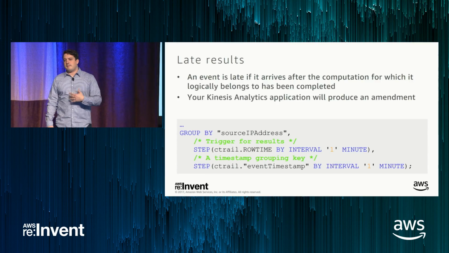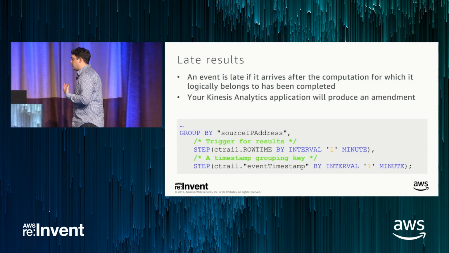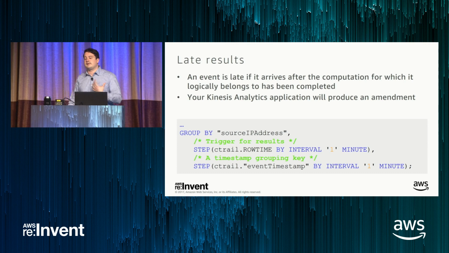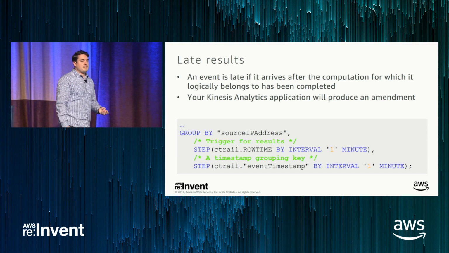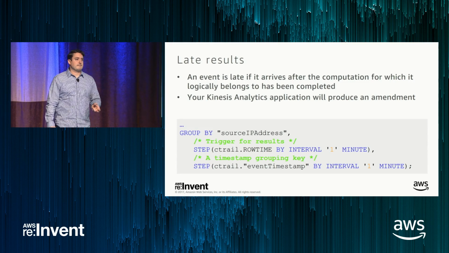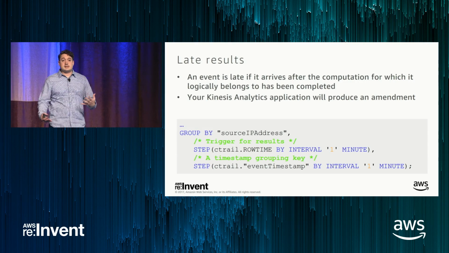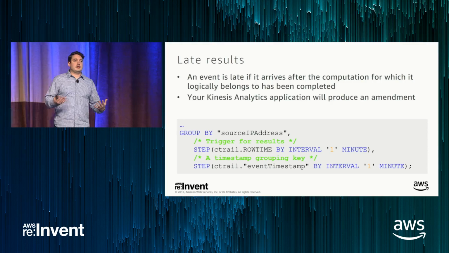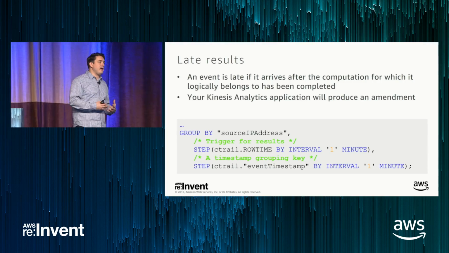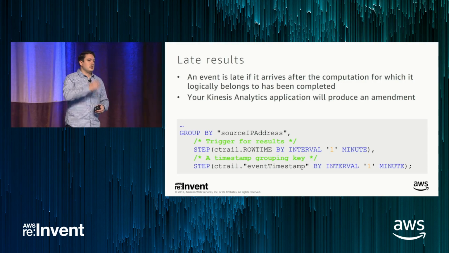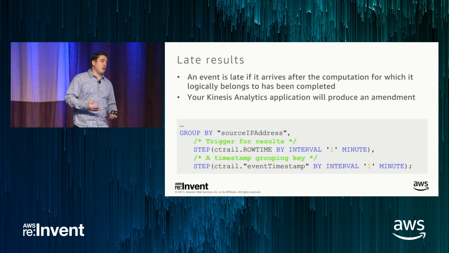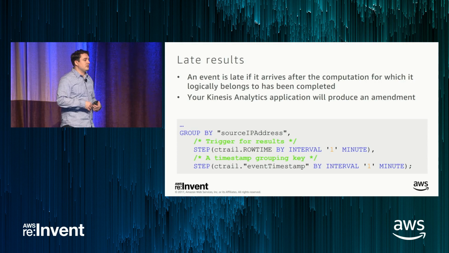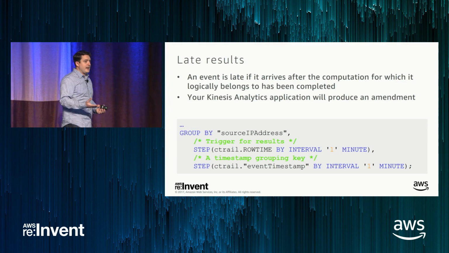So, the late events. I mentioned writing data to a database has advantages in that when we produce these amendments, you can combine the two. In certain cases, this is easy to do. In the count example, it's dead simple. Min, max, very easy to do. So what do you do if you're doing a count unique, or the result of a machine learning algorithm or something like that?